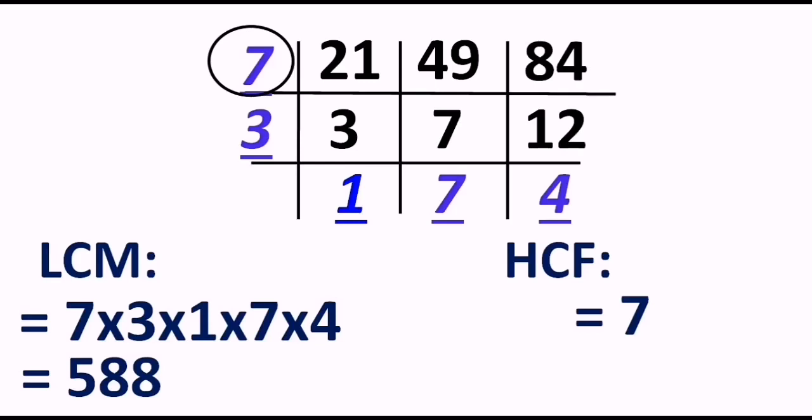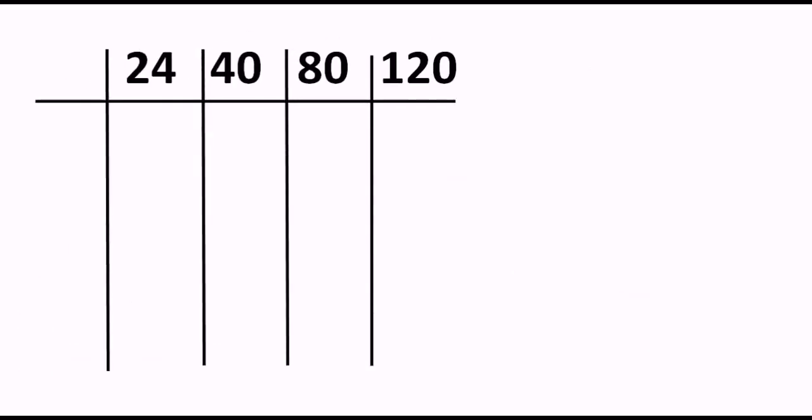Now boys and girls, we are going to do one of the special sums of the exercise. And that special sum is nothing but what happens when there are 4 numbers, to find the GCD and LCM both together. In the textbook only LCM is asked, but we'll try to find both GCD and LCM. So here we go.